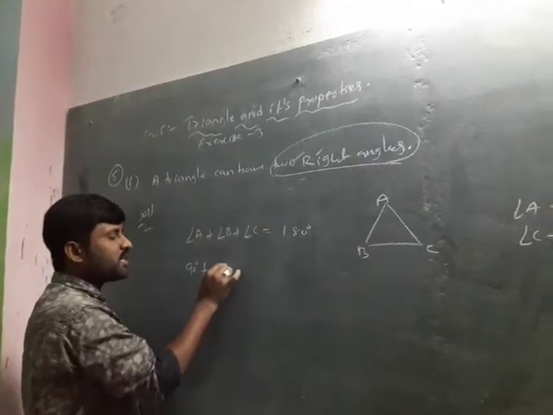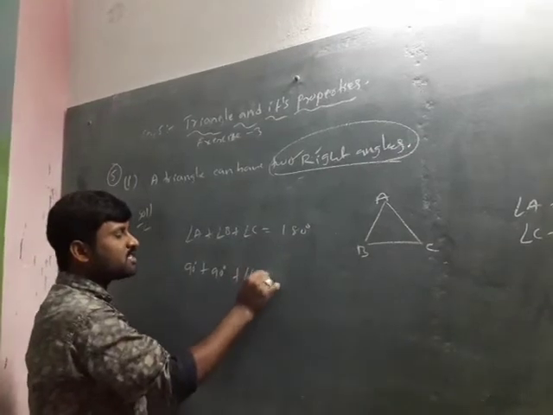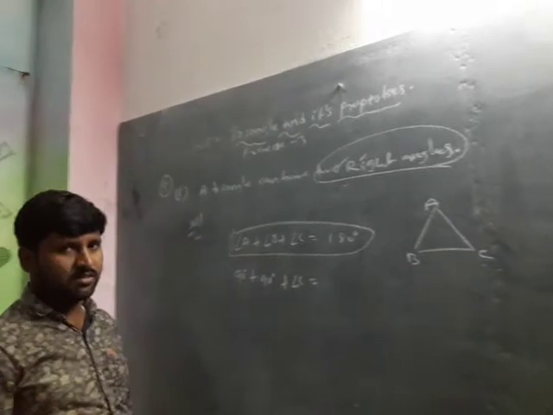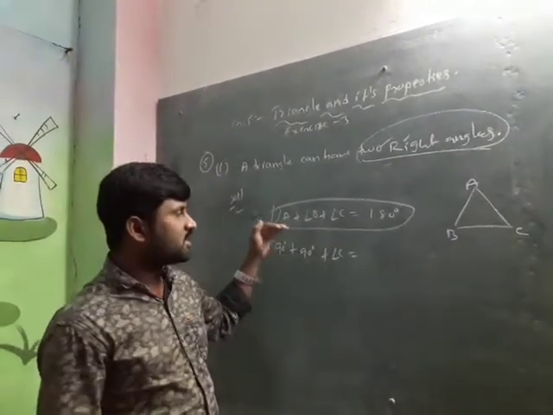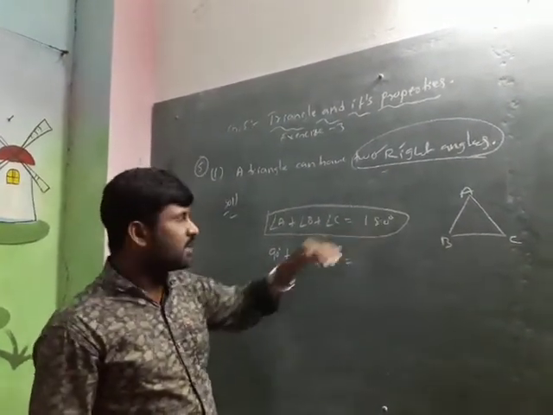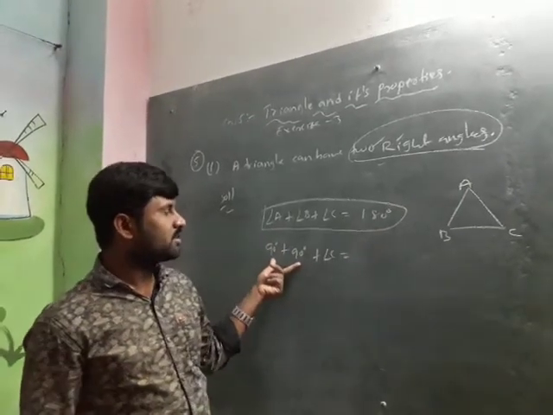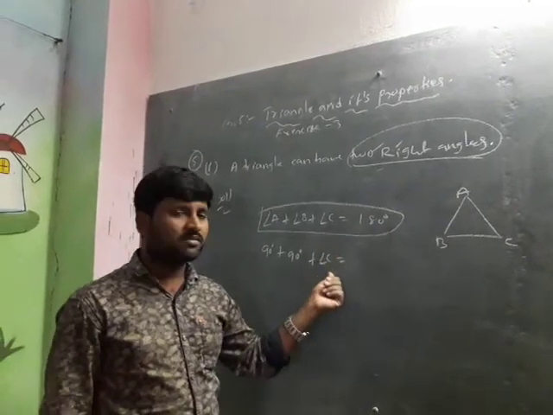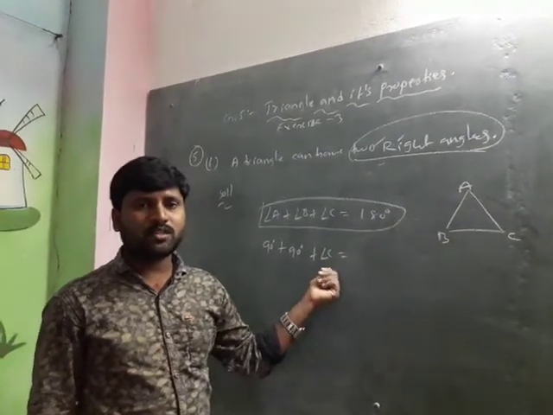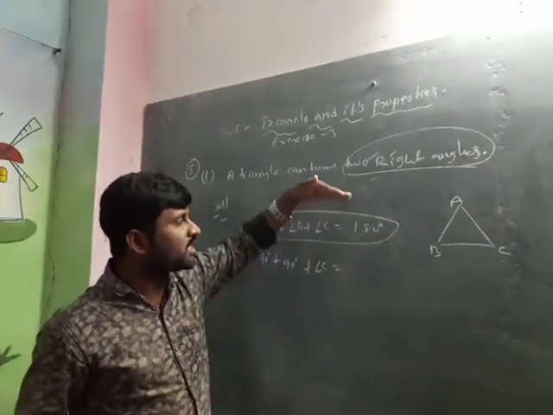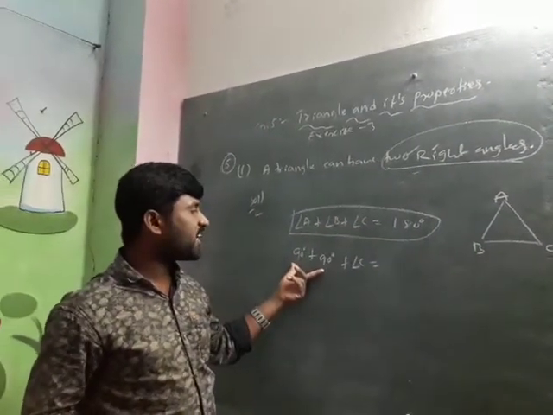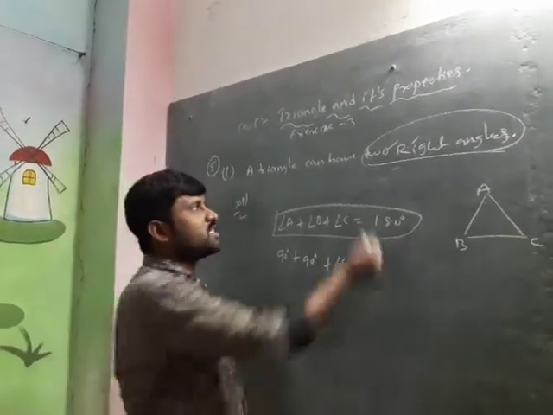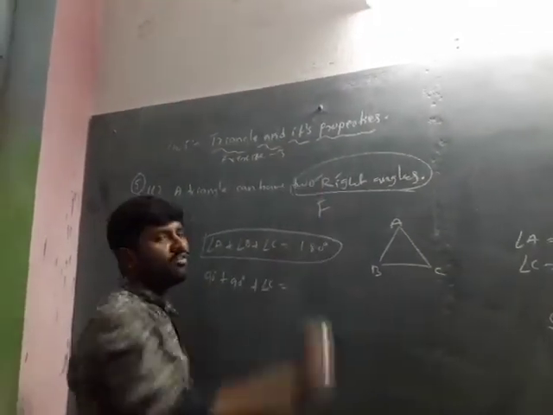Angle B also I am taking 90 degrees. Okay, angle C. Then this is the standard statement: the sum of the angles of a triangle is equal to 180 degrees. ఇక్కడ టూ యాంగిల్స్ ని యాడ్ చేస్తేనే 90 plus 90 అంటే it is equal to 180 వస్తుంది. But what about the remaining angle? According to the statement, 3 angles ని యాడ్ చేస్తే అప్పుడు మనకు 180 degrees కి ఈక్వల్ కావాలి. అదే టూ రైట్ యాంగిల్స్ ఉంటే టూ యాంగిల్స్ యాడ్ చేస్తేనే ఈక్వల్ టు 180 అవుతుంది. So that's why the given statement is the false statement.